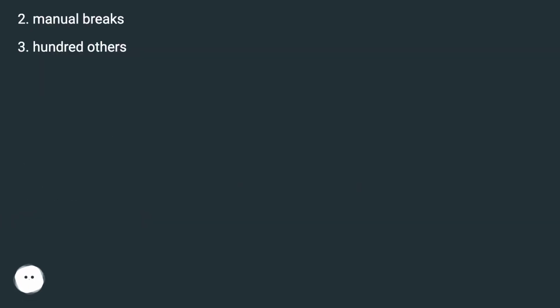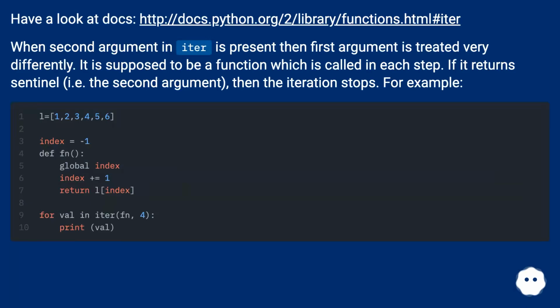Manual breaks. Have a look at the docs, this URL. When the second argument in iter is present, then the first argument is treated very differently. It is supposed to be a function which is called in each step. If it returns the sentinel, i.e. the second argument, then the iteration stops. For example,